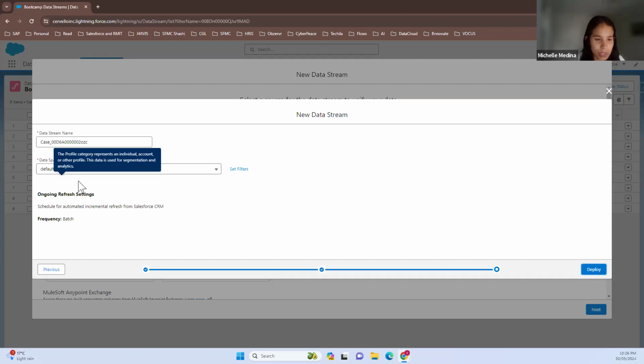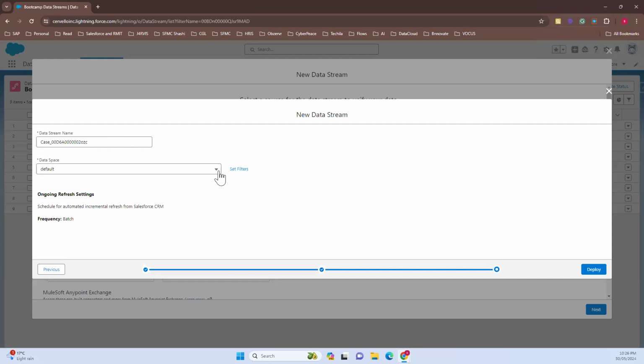Awesome. So you can see that the data stream name is already somewhat populated. It populates the object that you're pulling in and your Salesforce org ID. This is the only place you can edit this data stream name. If you don't do so here, you won't have the opportunity to edit it later. So just keep that in mind. We can leave that as is for now, but I do recommend